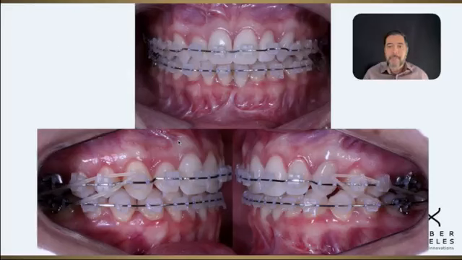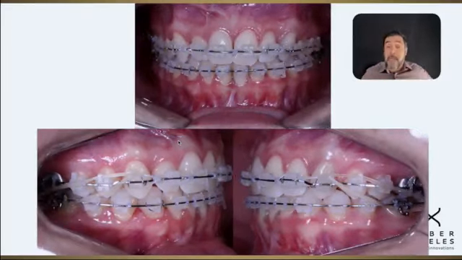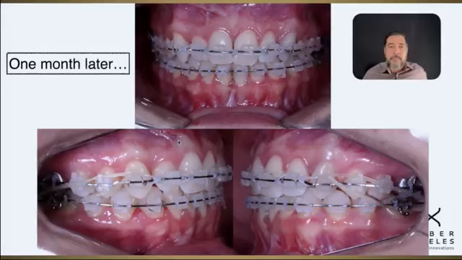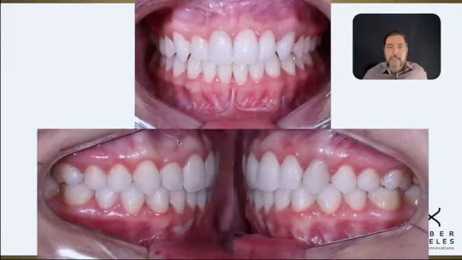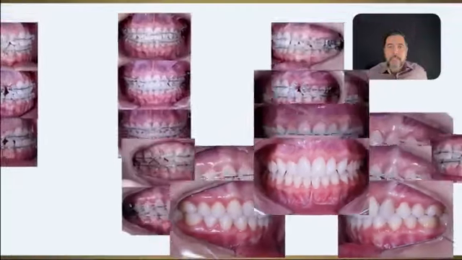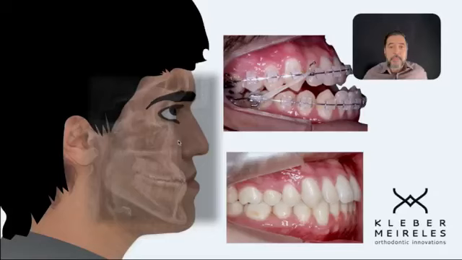Also, torques are used for correcting inclination, for giving a good smile, and we do that in the final steps, okay? And here we have, after debonding, good inclination of upper and lower teeth, completely different from before treatment. Same thing here,